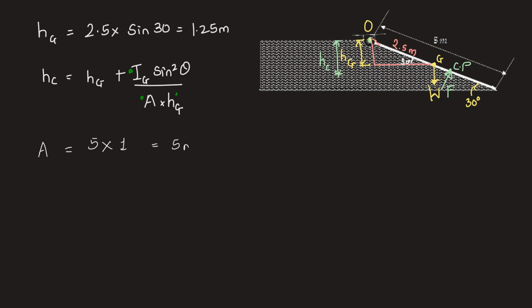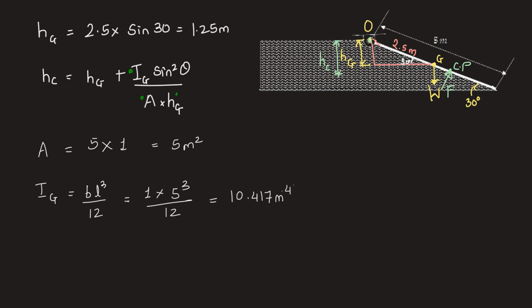Area is simply 5 meter square. Then Hg we already found out. So we'll find out Ig also now. Ig, the gate being rectangular, we have its B L cube by 12. B is the width, we have taken 1 meter. Length of the gate is given 5 meter. Cube of it divided by 12. This turns out to be